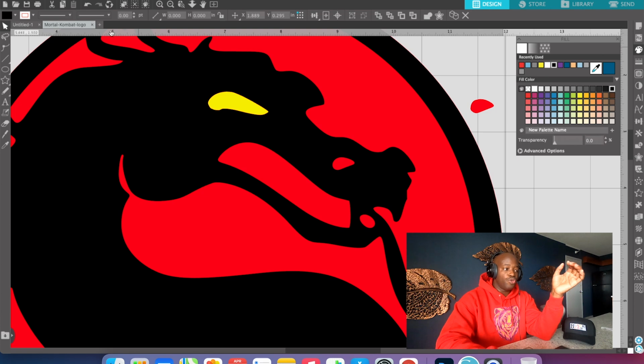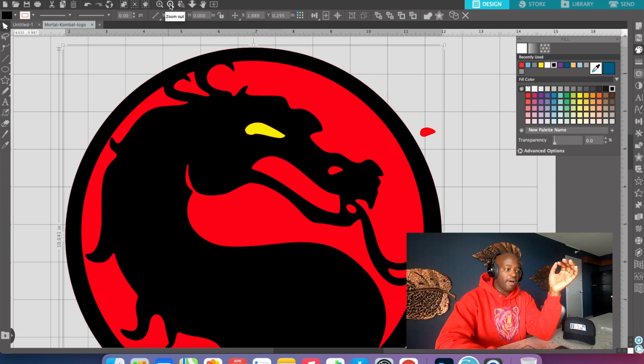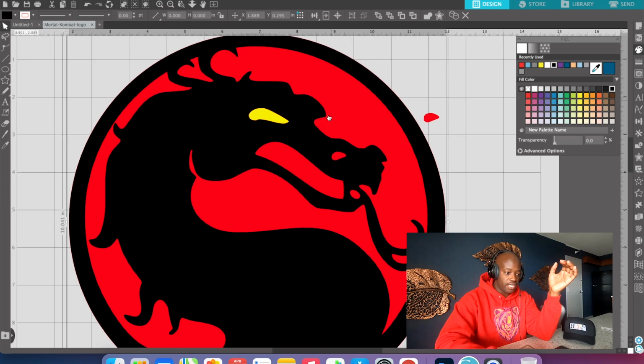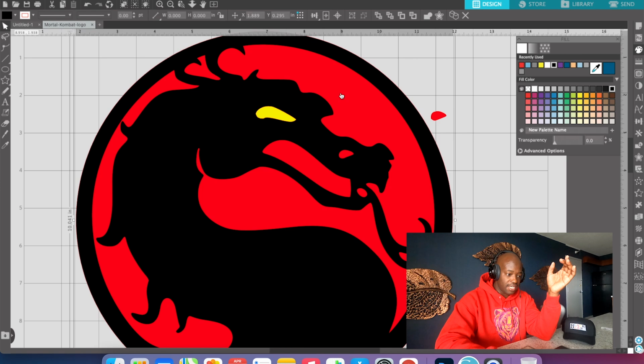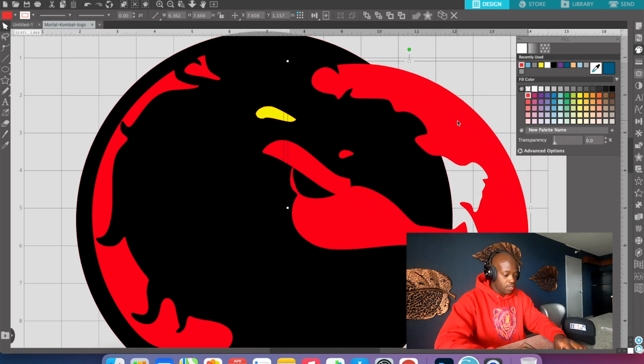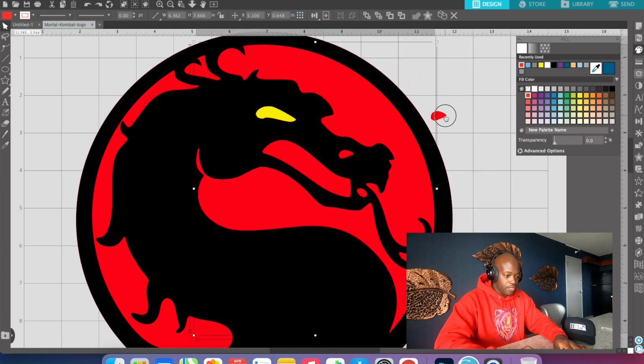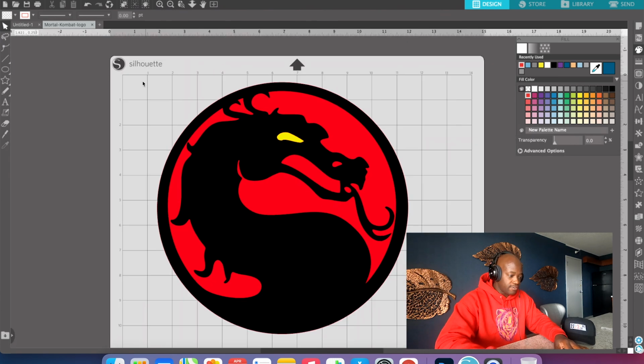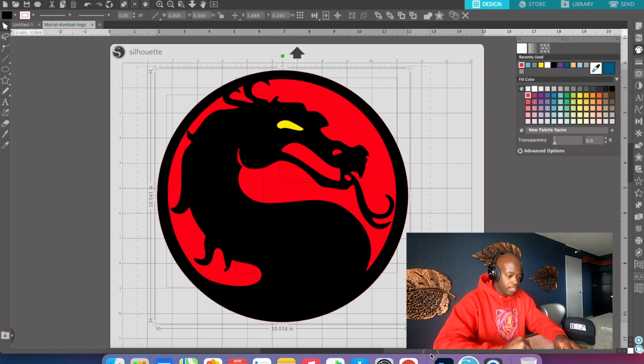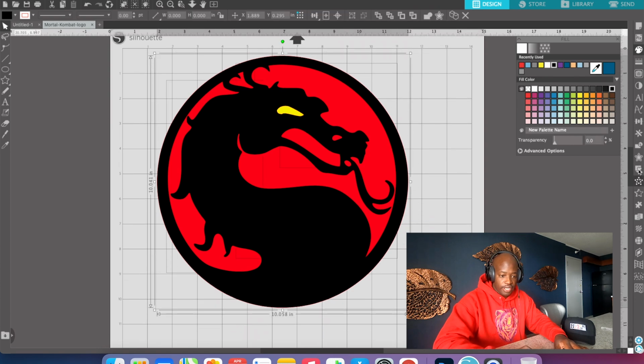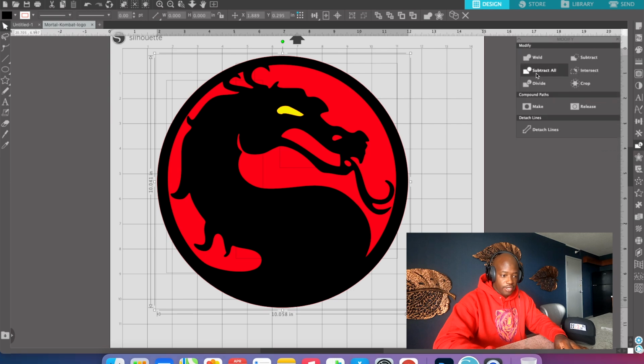The reason why you would use the cut by fill method is when you put the cutouts in the design. So say for example, I've got this part, right? But you see it still has a black background when I move that. Command Z, right? So what we do, like I said in yesterday's videos, is select the whole thing and use this tool right here, and subtract all. Now that we've subtracted it all,